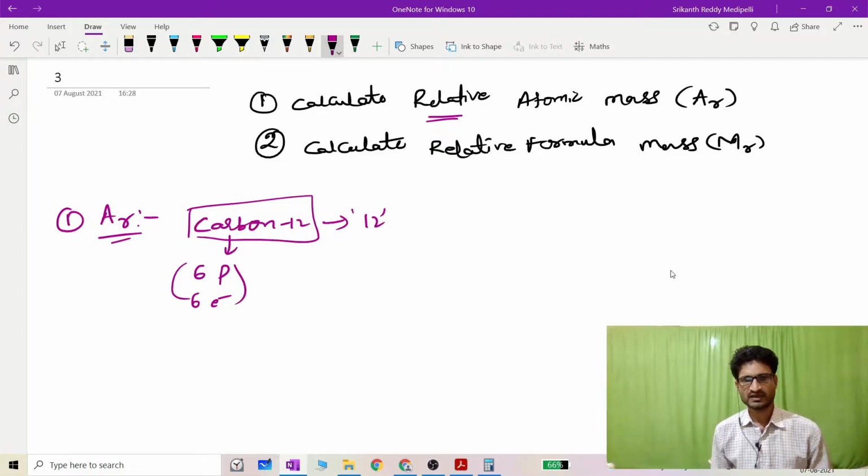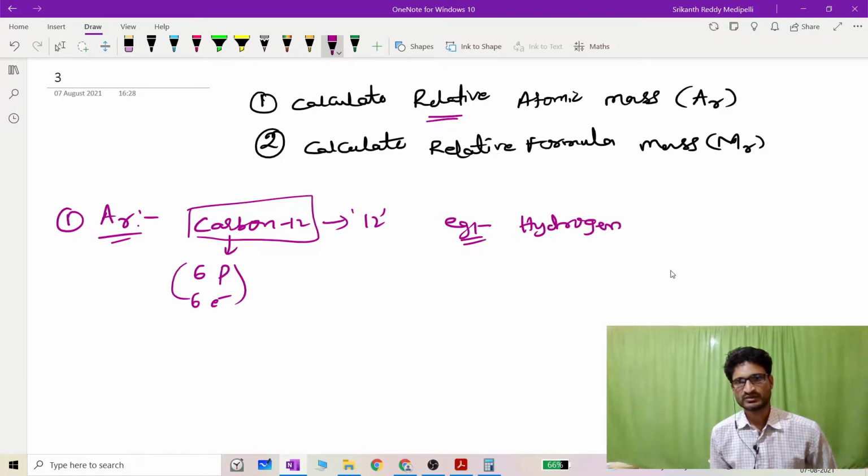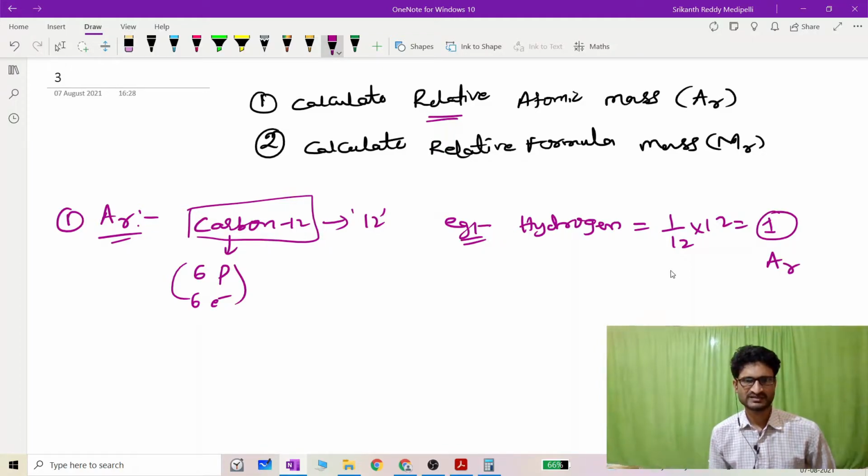From there, they can actually use this standard to calculate other atoms' mass, because usually if you want to calculate one atom mass, it is very tiny. So we can't really use it in our calculations. That's why we are making this standard and applying it for the other atoms. For example, we have hydrogen atom, right? So hydrogen atom actual mass is 1 by 12th of carbon mass. That's why that is 1. So the relative atomic mass of hydrogen will be taken as 1. That's basically what relative atomic mass is. The relative means the standard is carbon 12 with 12 value.